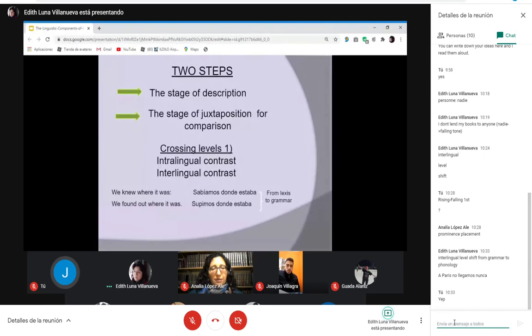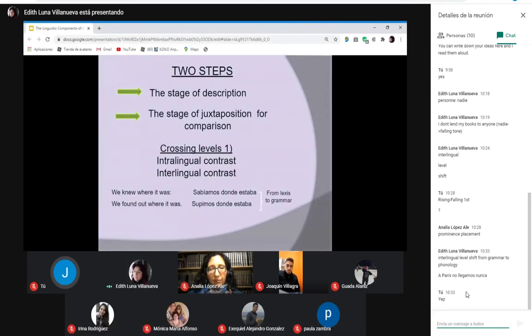There. Two steps. Yes. Crossing levels, and there you had an example. We knew where it was, we found out where it was. Sabíamos dónde estaba, supimos dónde estaba. So if you start with the contrast in English first, and then you consider the contrast in Spanish, we are talking about an interlingual, you help me complete the classification. An interlingual,